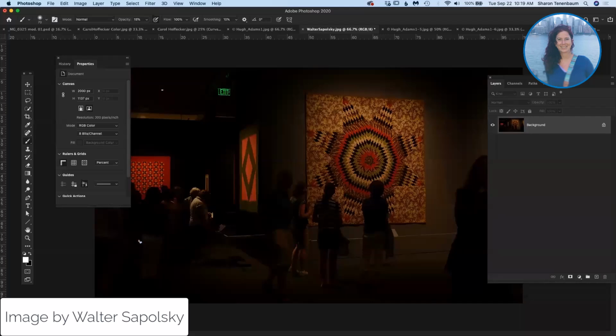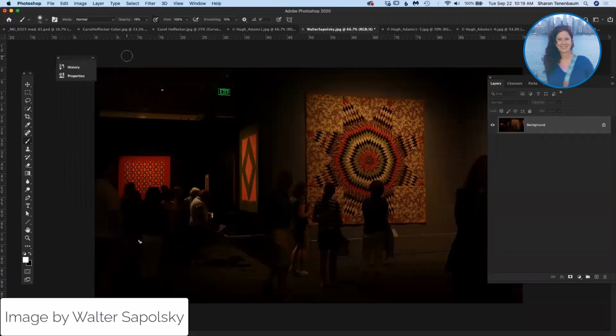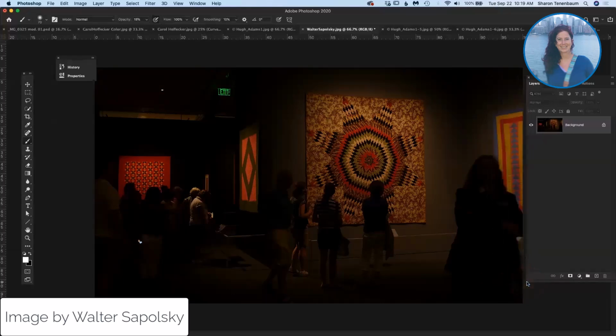Okay, so tell us a bit about this image. This was an exhibit of quilts at the Museum of Fine Arts. One of the things that struck me about the exhibition is the quilts almost look like stained glass, the way the exhibition was lit. And it was very crowded. A lot of people were very enthralled by the exhibit. So I tried to put myself in a position where I could see the quilts and also some sense of